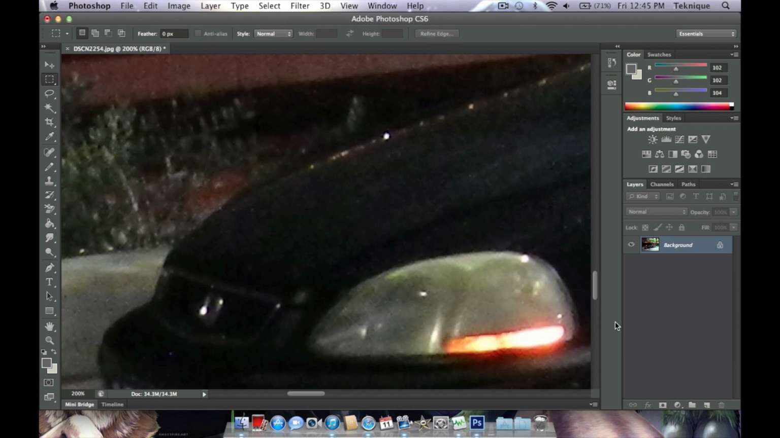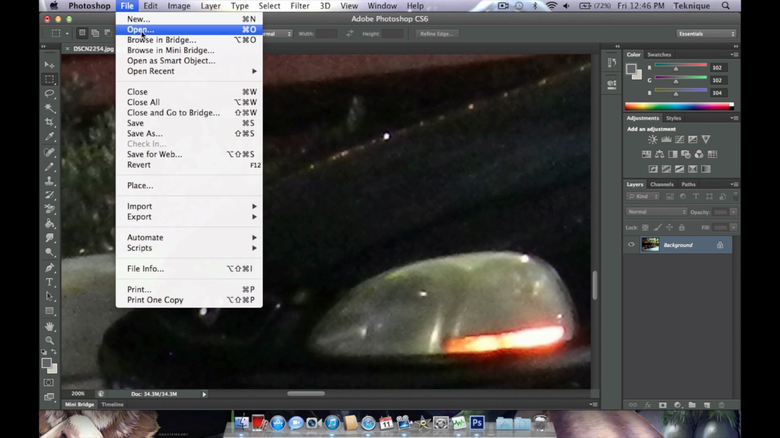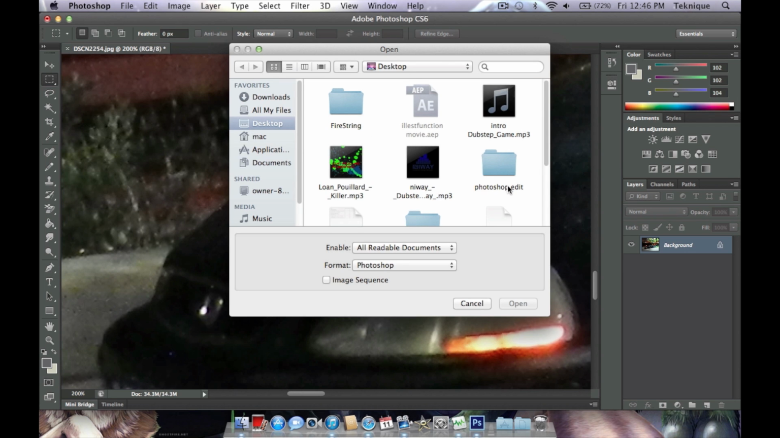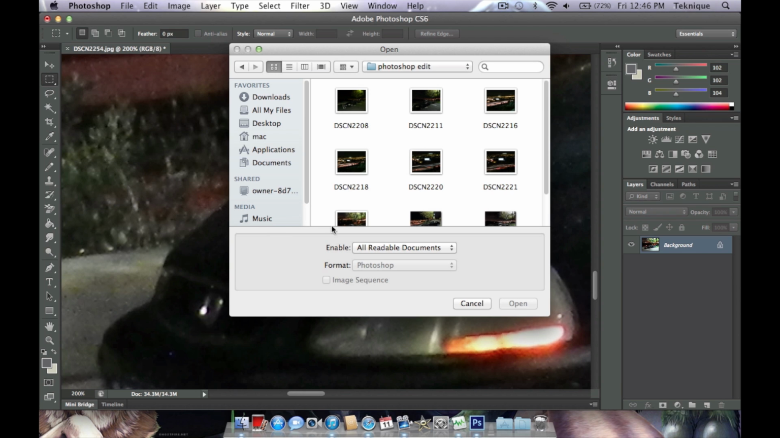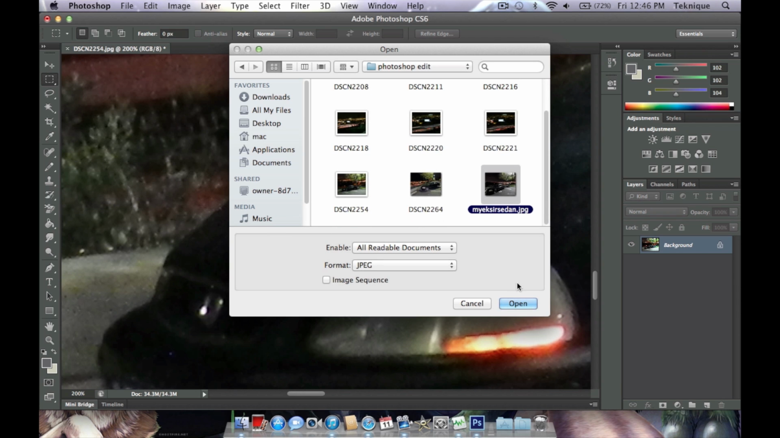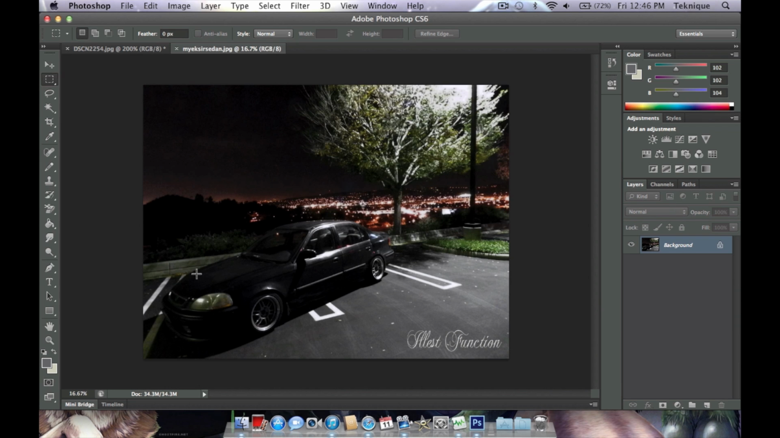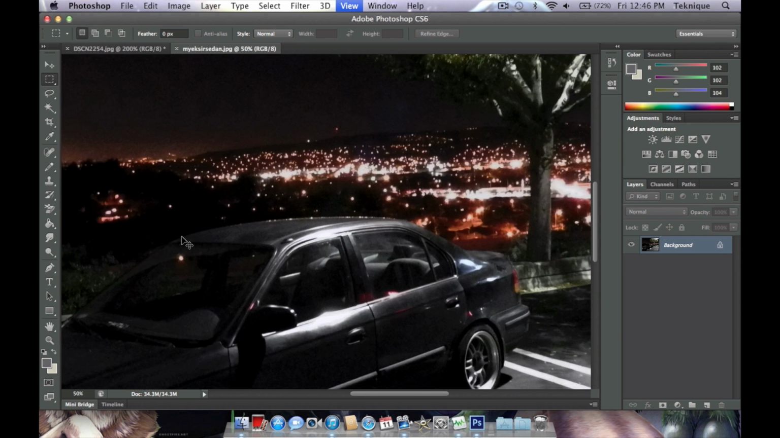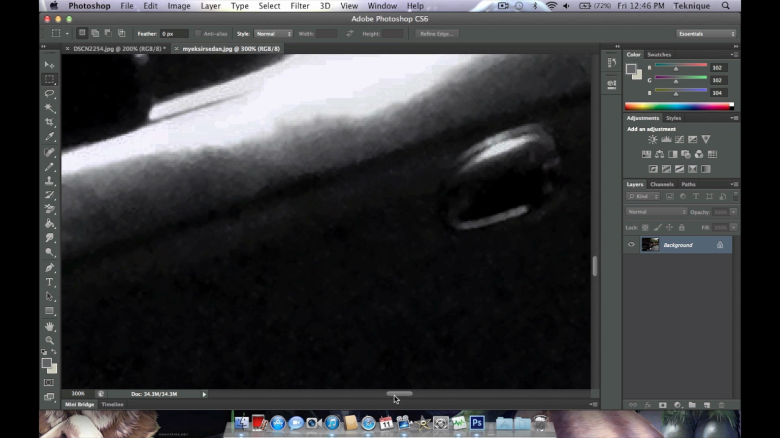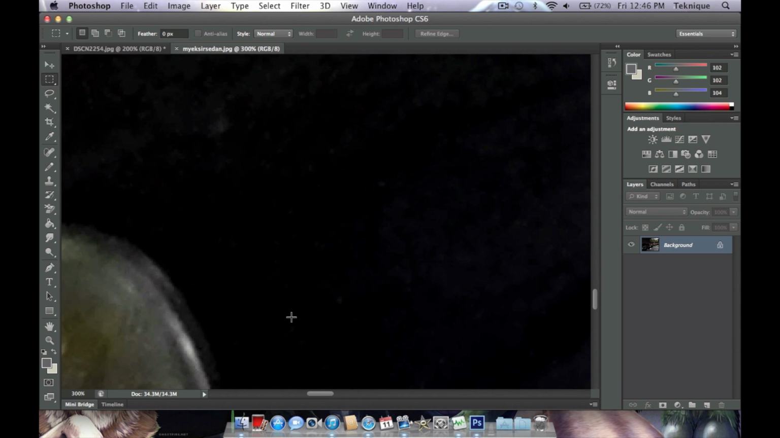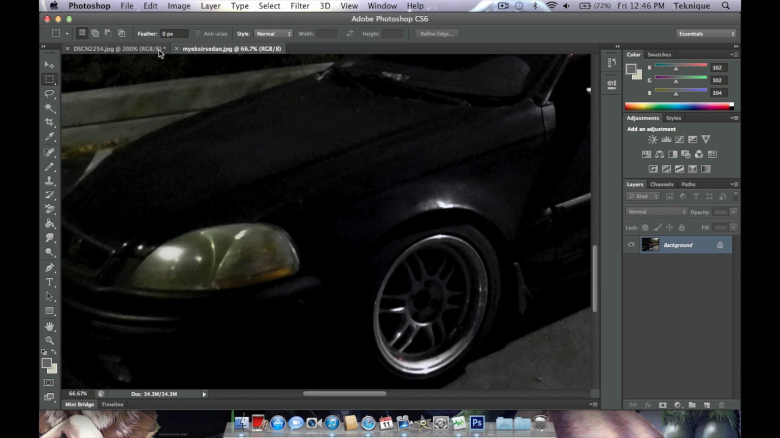Alright, so now it's going to get to the more advanced Photoshop. So what I'm going to do is, I'll teach you guys a little something right now since I'm having a problem with this. I have a picture without flash, and I've already pre-edited this. What we'll do is,